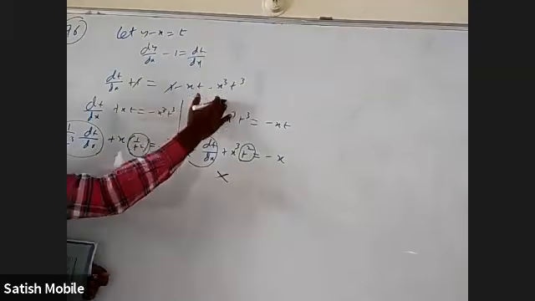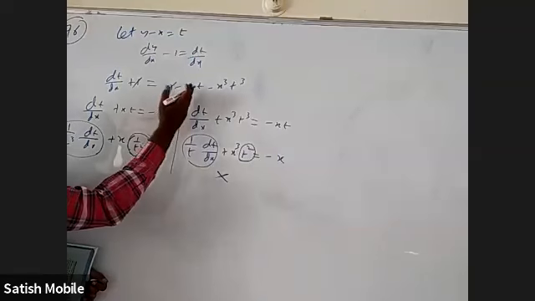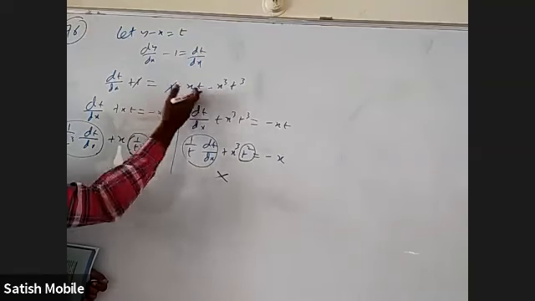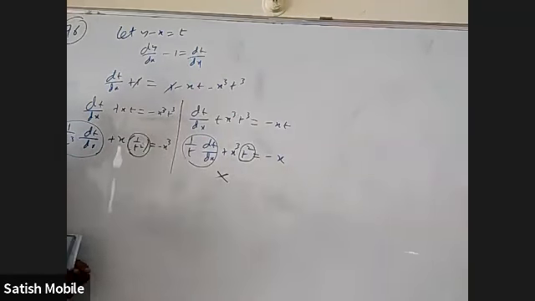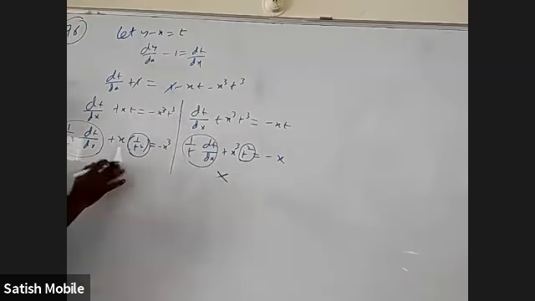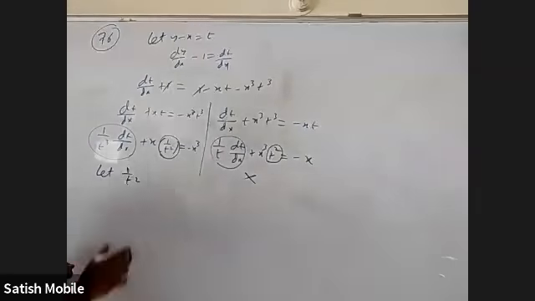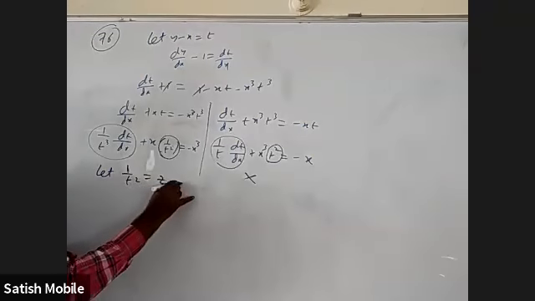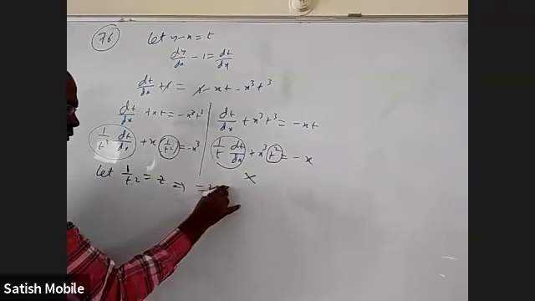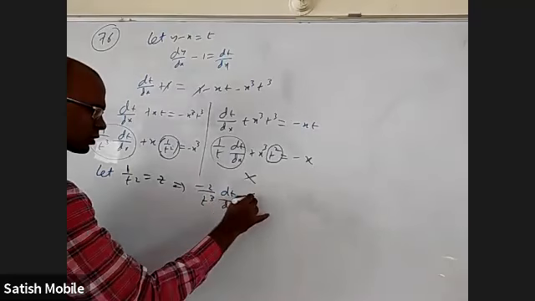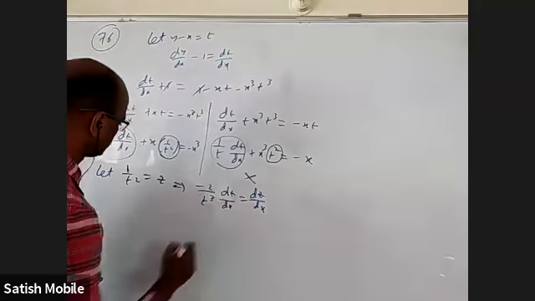So whenever you have on the right side two things, some function of x into some function of y, should we bring this one to this side or this one to this side? Anything. Try both, whichever works out. So coming to here, I have to take z here. Let 1 by t square be equal to z. Minus 2 by t cube dt by dx is equal to dz by dx.